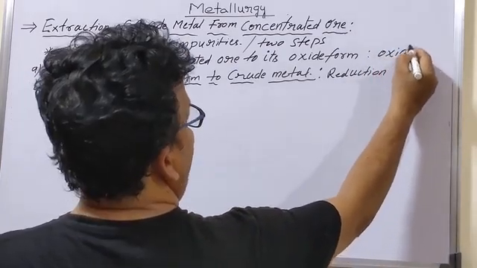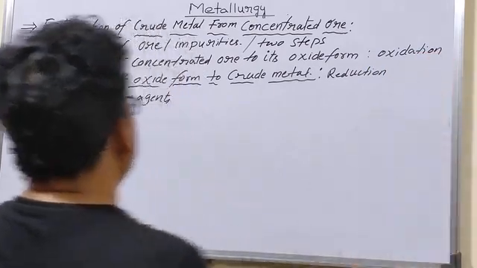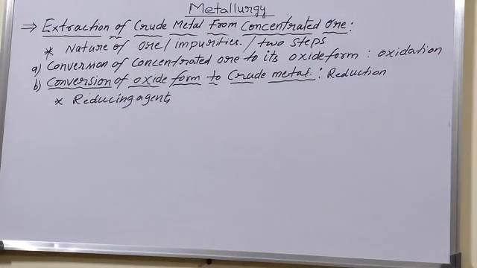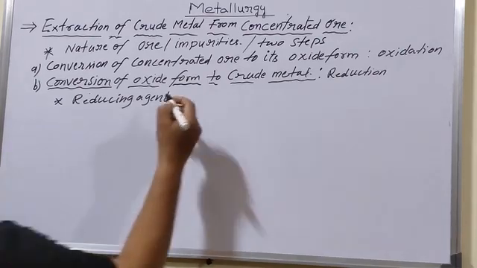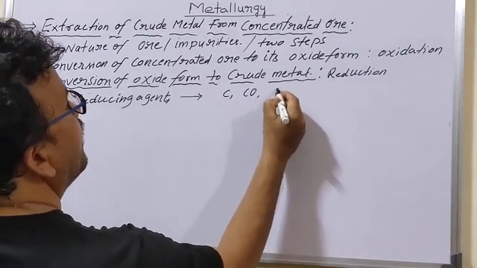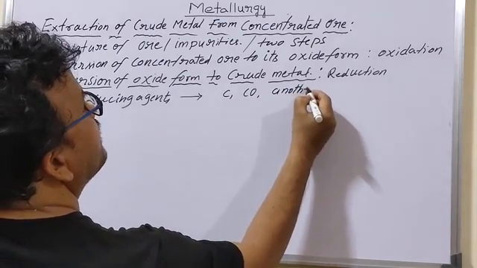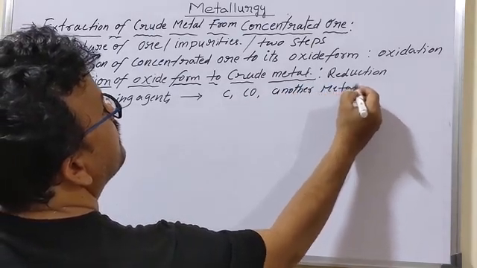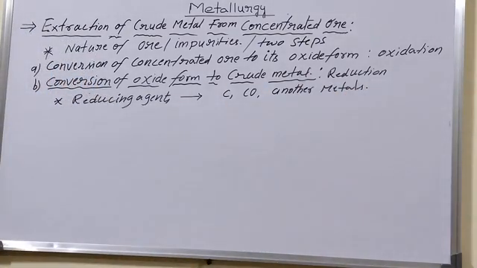I told already that conversion of concentrated ore to oxide form is oxidation. Conversion of oxide form to crude metal is reduction. That's why here we are using reducing agents. What reducing agents we are using here means coke, carbon monoxide or any other metal. So here, where we are using reducing agents,